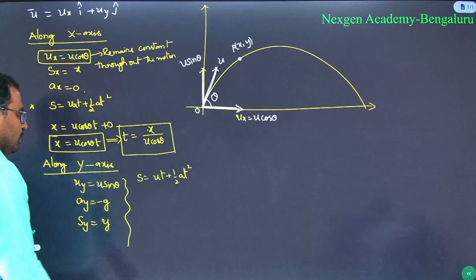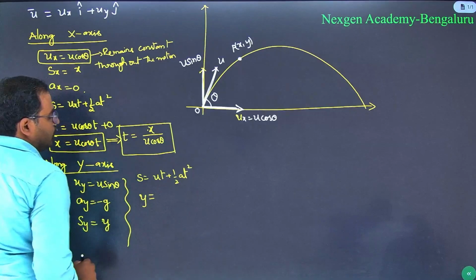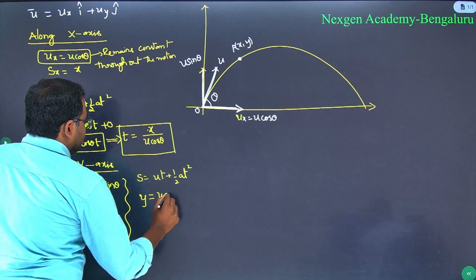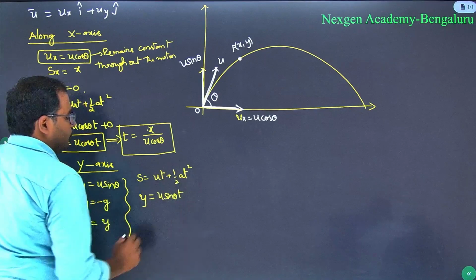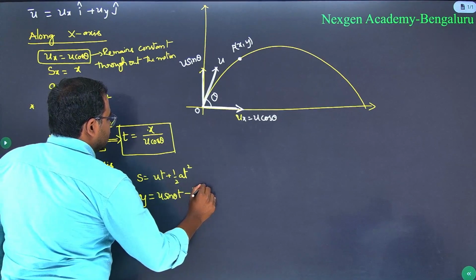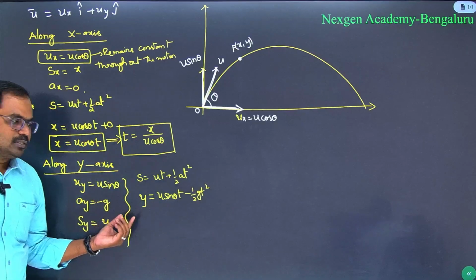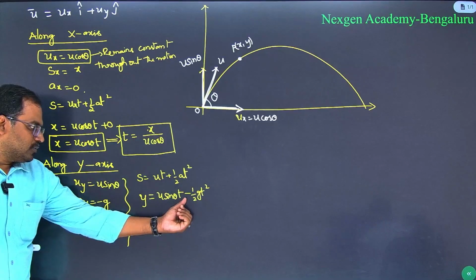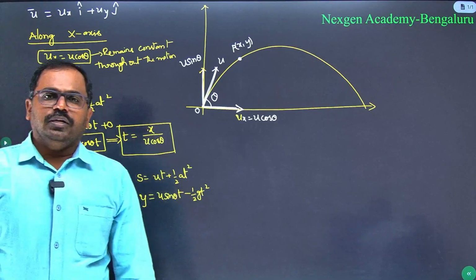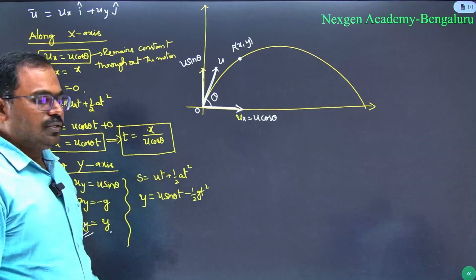In this formula, s is equal to y. This y is equal to uy, that is u sin theta into t, minus half g t square. So why do we take minus g? Already we defined acceleration as negative, minus g. So instead of a, I have substituted minus g. Therefore, y is equal to u sin theta into t minus half g t square is the relation we got,